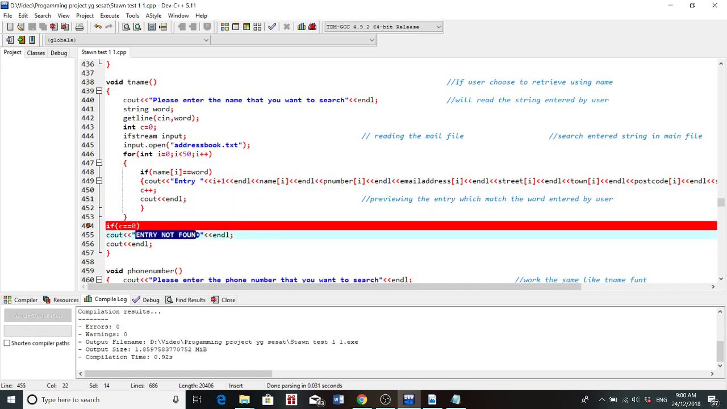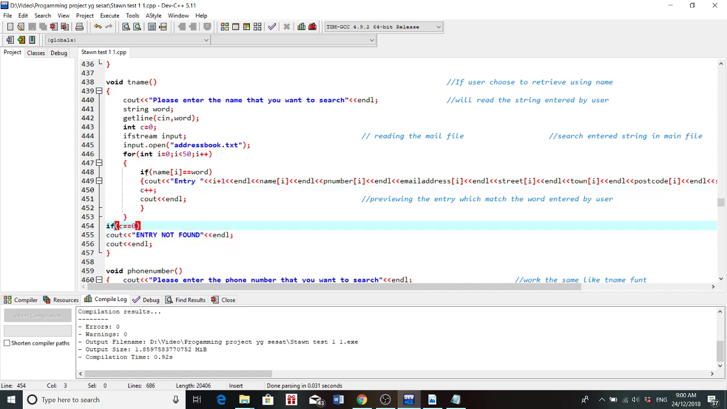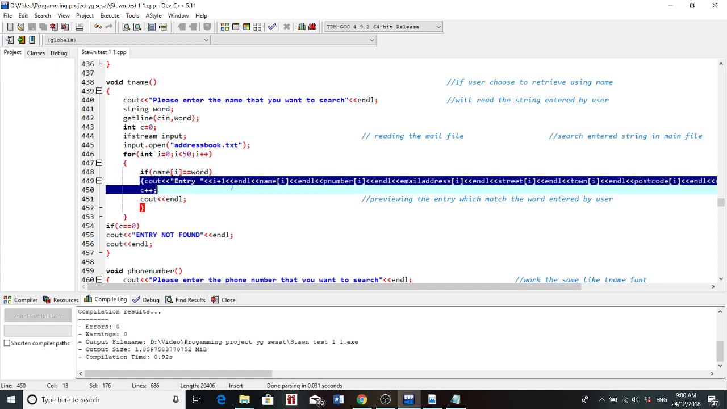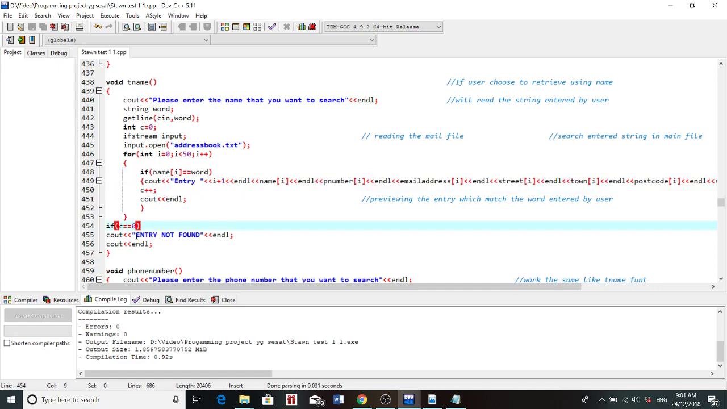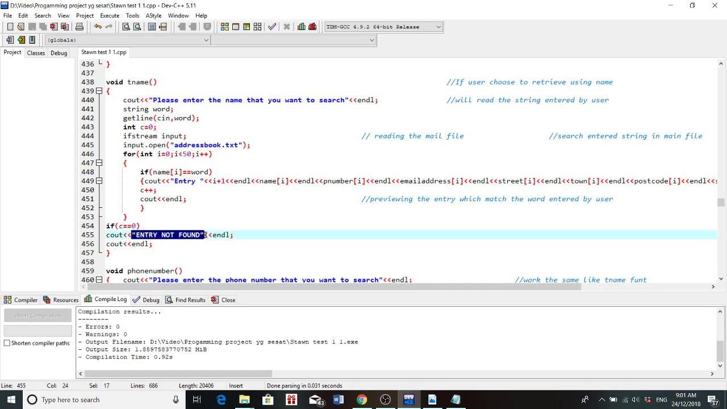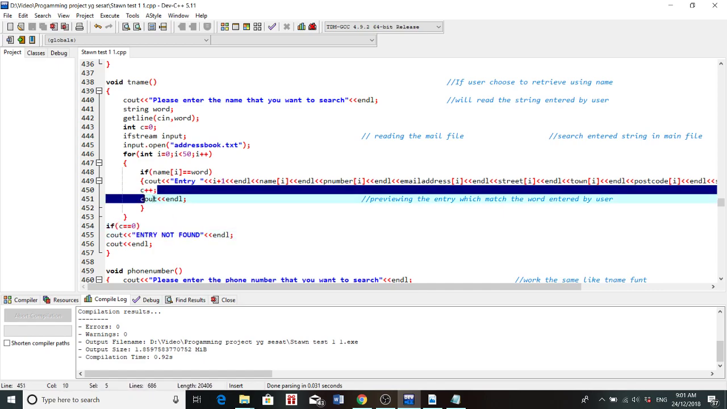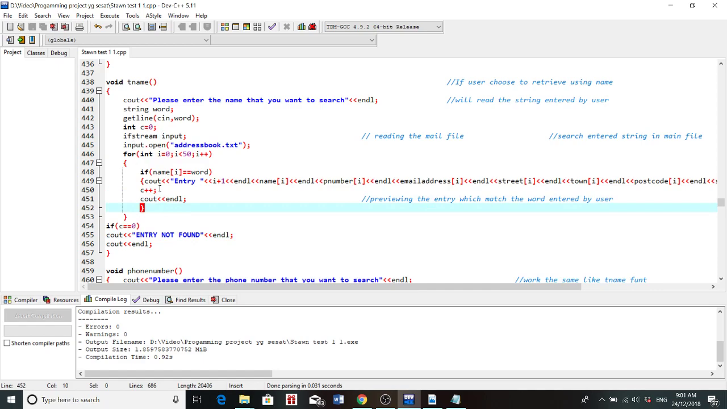so that it will not show entry not found. If we don't put c++ here, or c+1, then even though the program found the entry that the user wants to search for, it will still show entry not found here,